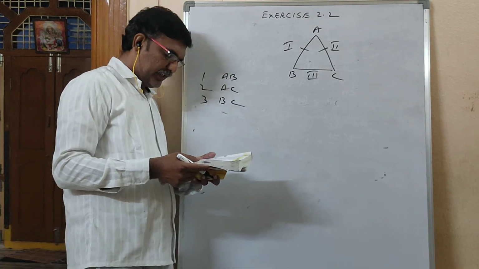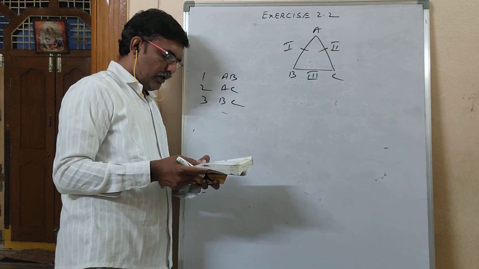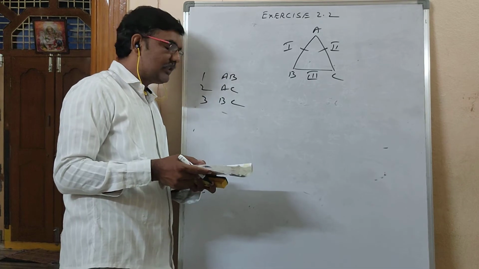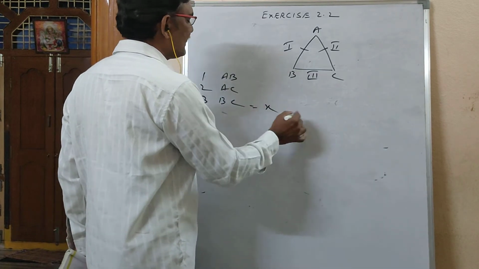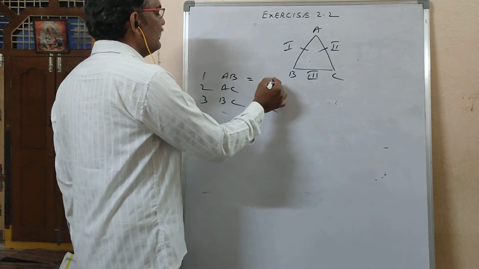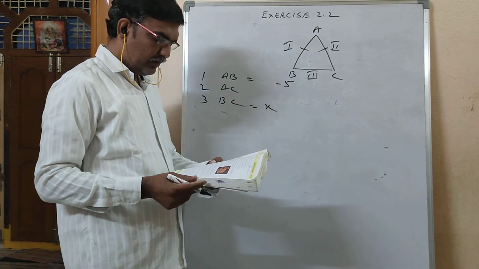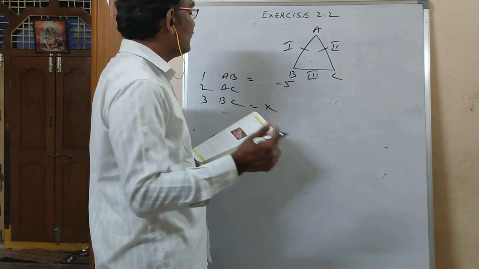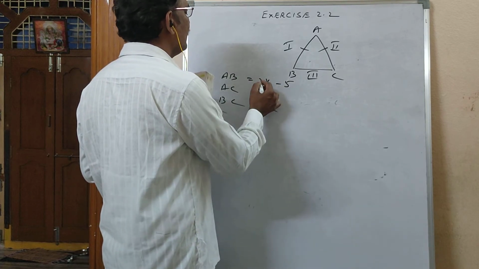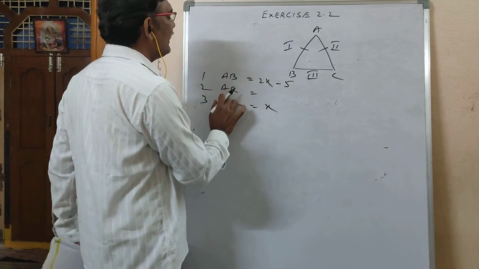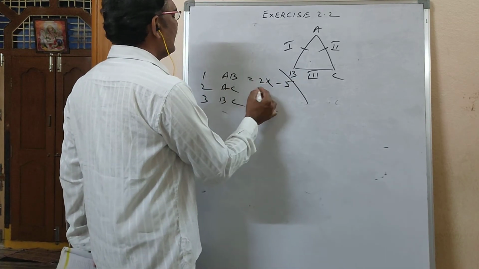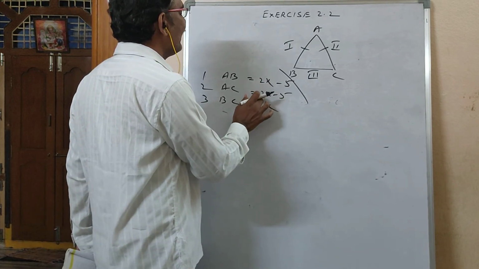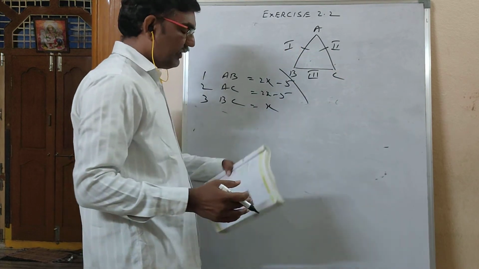Okay. Now what he said is, two equal sides of a triangle are each 5 meters less than twice the third side. The third side you have to assume as x. So this is 5 meters less than, which means you have to subtract 5. Then twice the third side. Third side is how much here? x. 2x minus 5. AB and AC are equal. AB is 2x minus 5 means AC is also 2x minus 5. Why did I take these two as same? Because these are the equal sides of a triangle.